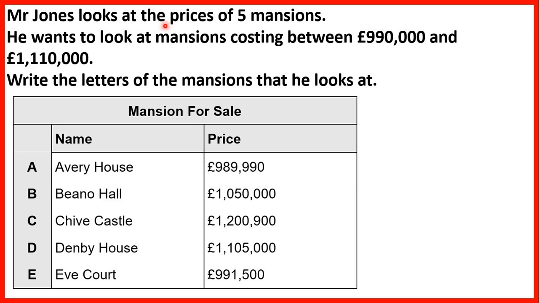Mr. Jones looks at the prices of 5 mansions. He wants to look at mansions costing between £990,000 and £1,110,000. Write the letters of the mansions that he looks at. So first we have